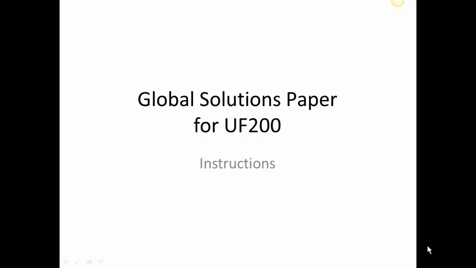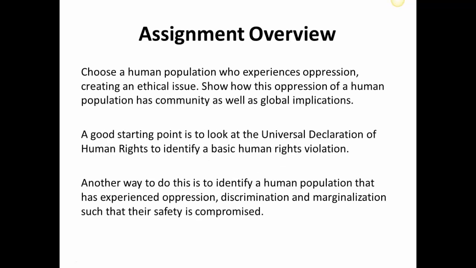This is the instructions for the Global Solutions paper for UF200. Assignment overview. Choose a human population who experiences oppression, creating an ethical issue. Show how this oppression of a human population has community as well as global implications. A good starting point is to look at the Universal Declaration of Human Rights to identify a basic human rights